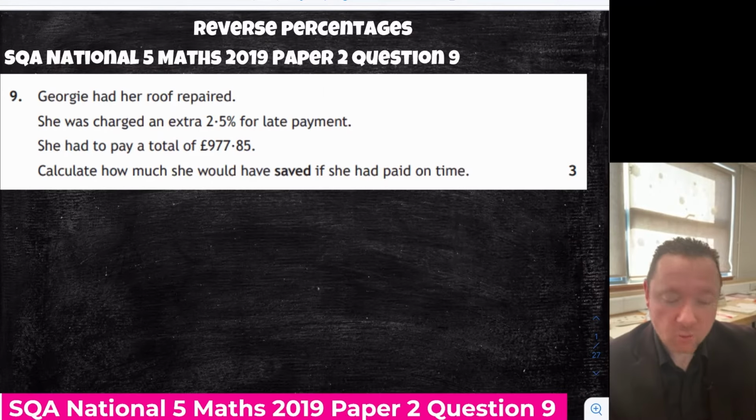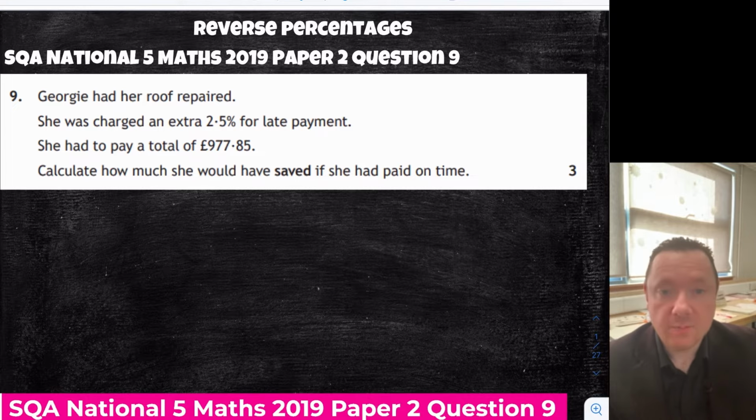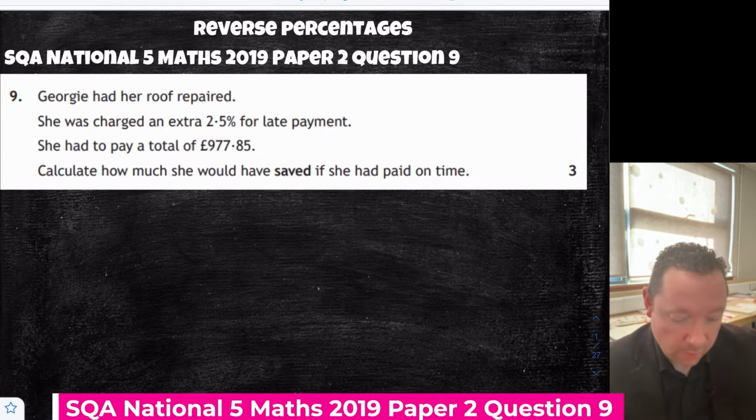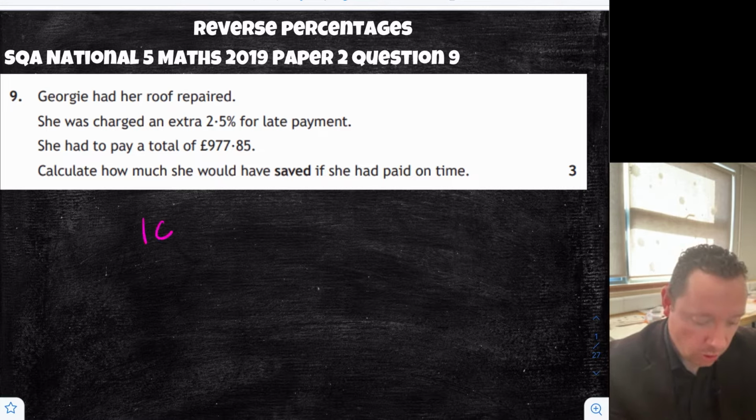Percentages, SQA National 5 Maths 2019 Paper 2 Question 9. Georgia had her roof repaired. She's charged an extra 2.5% for late payment. She had to pay a total of £977.85. How much would she have saved if she had paid on time? So we need to realise that 102.5%, 100 plus 2.5%, equals